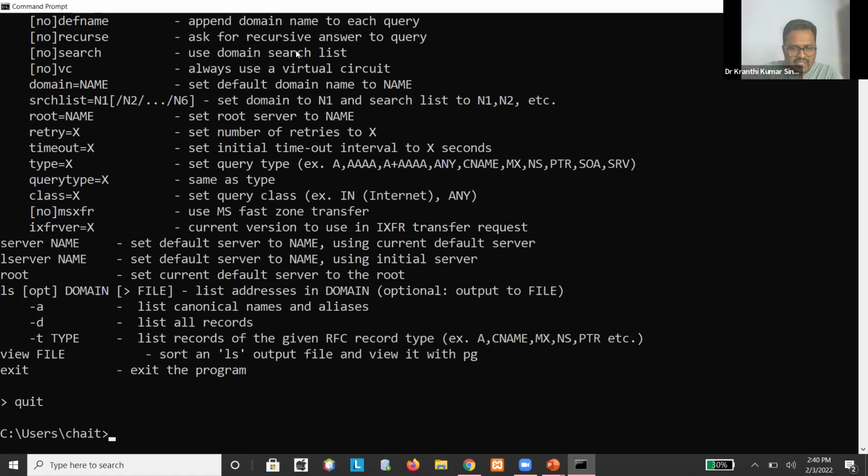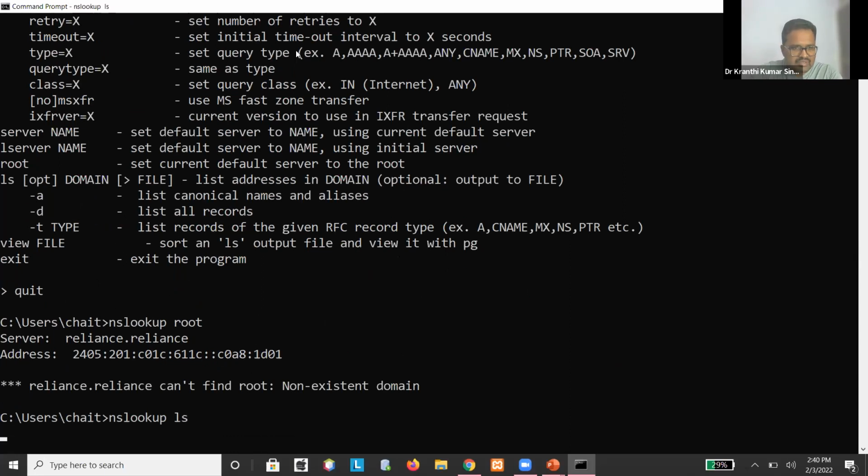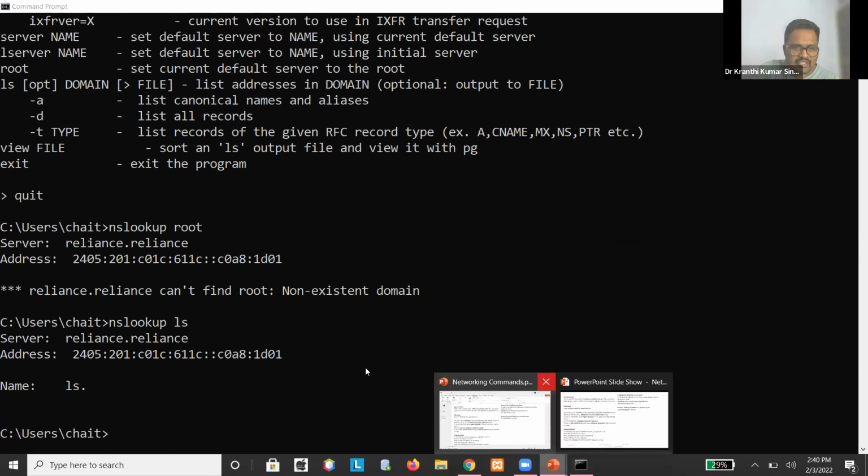Suppose we mention nslookup root, what will happen? Test it. And in nslookup you can type some list of commands. But by default, the main intention of nslookup is verifying the DNS name entries. And the next point is